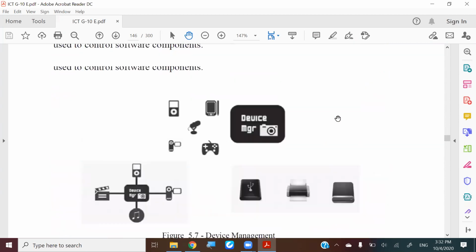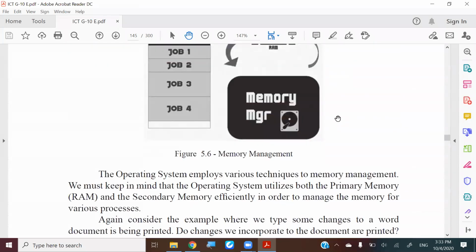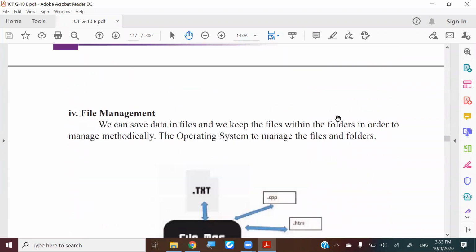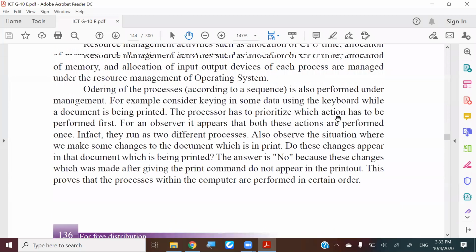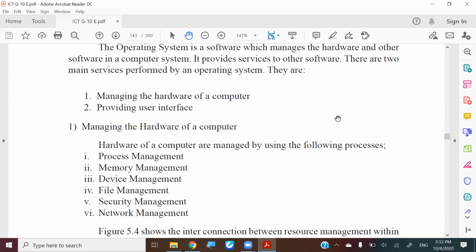Last time we finished at file management. Those are the functions carried out by the operating system. The operating system majorly does two separate works: managing the hardware of the computer, and providing the user interface. Those are the major tasks, managing hardware and software in the computer. It is divided into more specific areas, actually six separate areas: process management, memory management, device management, file management, security management, and network management. So far we have discussed process management,